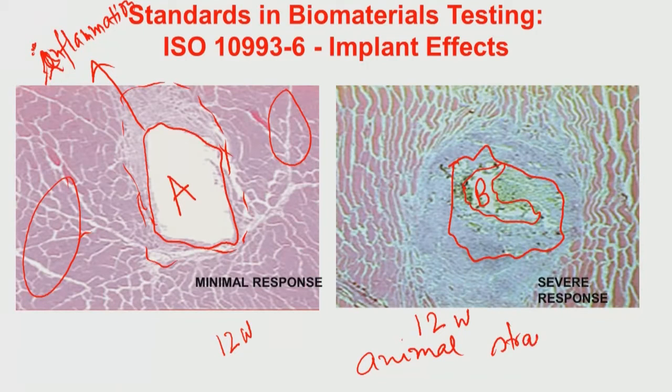Like if you use New Zealand male rabbit, you have to use New Zealand male rabbit in both cases. Second, you also have to use a similar size and shape of the implant material in both cases. The only thing you are allowed to change is the chemical composition of A and chemical composition of B. Therefore, you can now compare the tissue response in case of A and